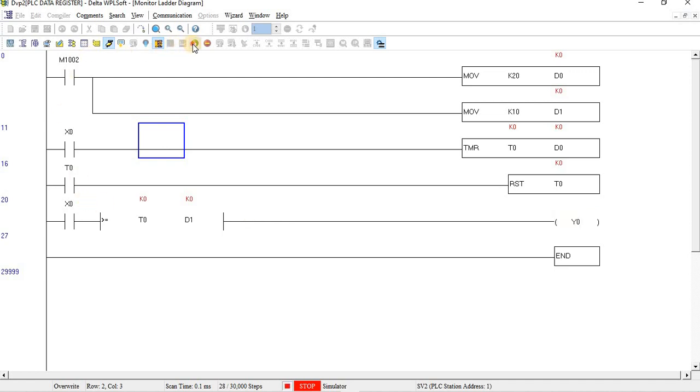Let's see the output. I am pressing the run mode. As you can see, when I press the run mode, the move command first moved 20 to D0. So my timer is right now a 2 second timer, and you have seen the move command K10 is also moved into D1. So my D1 is having 10, right.